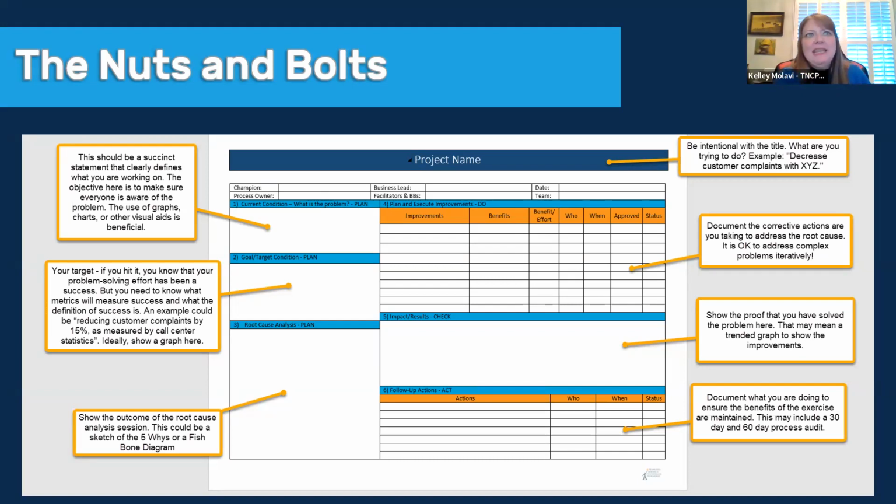The next piece, that I didn't call out as a highlight here, is also important: identifying who your champion is. So that's your senior leader that's going to be your champion. We want to make sure that our senior leaders are engaged with this. We can make improvements all day long, but if the senior leaders don't buy into it, we're going to struggle